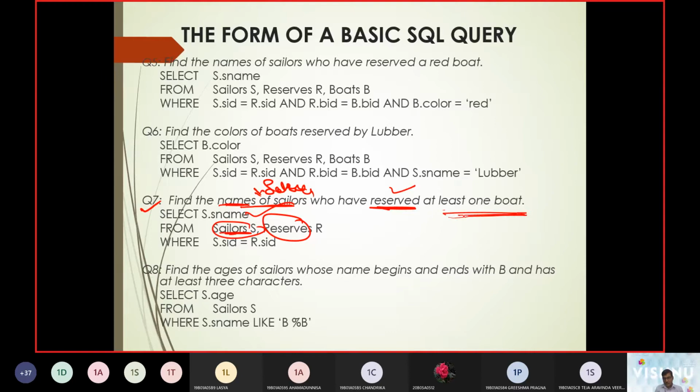At least one boat. There are many boats which were taken by Lubber, many boats taken by Horatio, and many boats reserved by Andy. So in this way, we have different sailor names and they have booked different boats. But we need to understand, in the Sailors table, we have 10 unique sailors. In the reserves table, there are people,